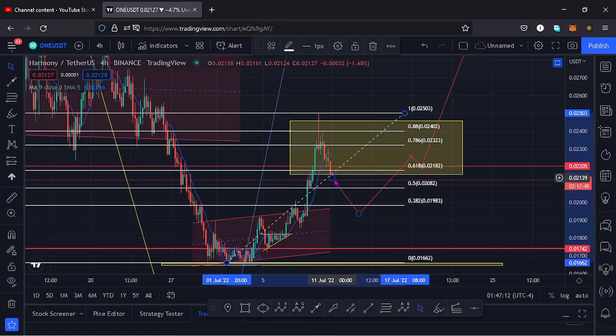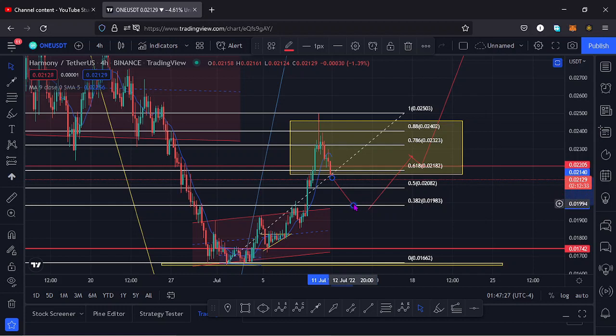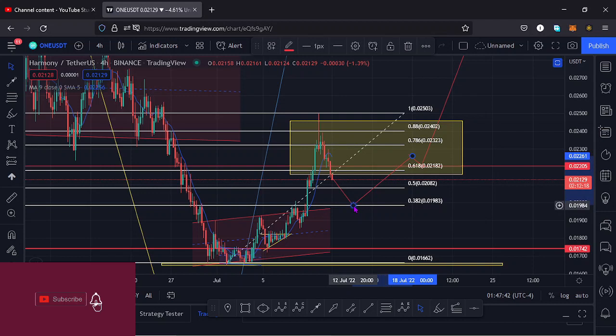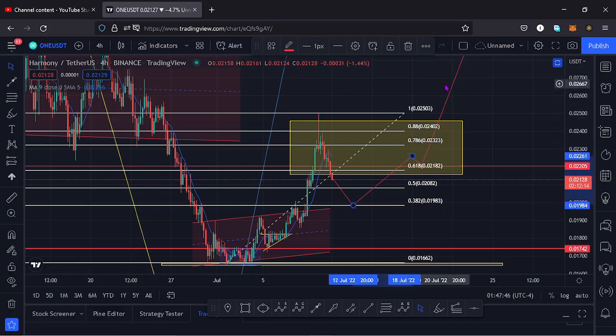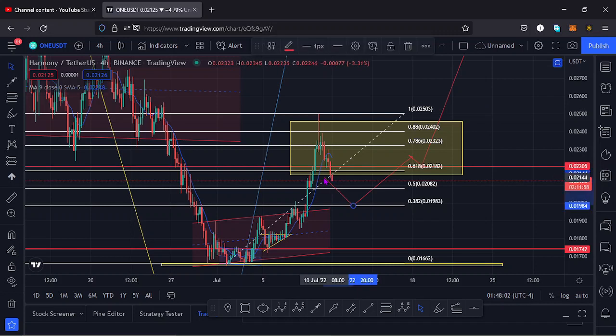So it's possible that this scenario to the lower side can play out very perfectly, and you can see that even the Fibonaccis are suggesting that it's possible that you continue seeing lower prices, and the minimum that we can expect it to go in that wave to the lower side is the $0.019 mark, where we'll be facing our key area of support. And once we get to that key area of support, it's possible that we then have that bounce to the upper side and then continue pushing to around the $0.03 mark. So those are the key scenarios that I expect to play out using the Fibonaccis here. It's possible that we get to around the $0.019 mark and then find that reversal to the upper side and then make a new higher high here, a new high,